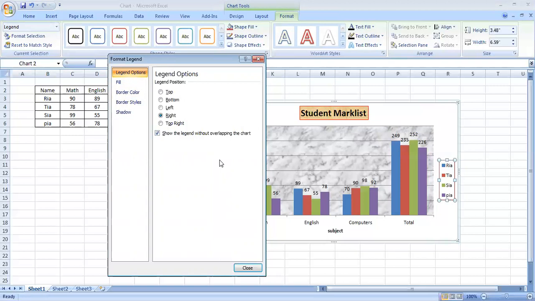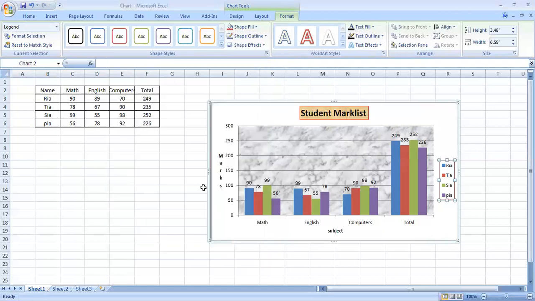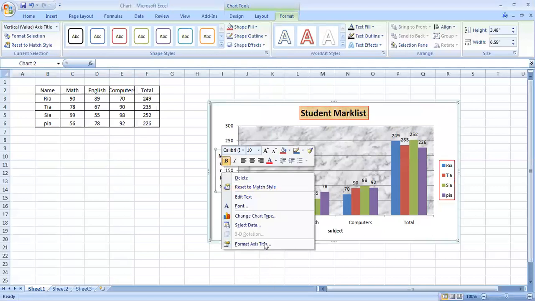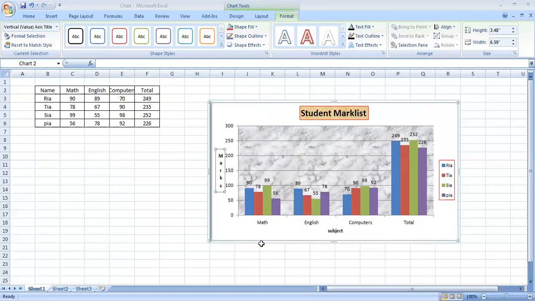Formatting means changing colors, highlighting, adding shadows, 3D kinds of things, or changing the patterns or colors of the legends, maybe the axis, or the chart title, etc. So you can go for that. Similarly, you can also change the colors and everything of the axis. Using Format Axis, you have the option of formatting the axis.